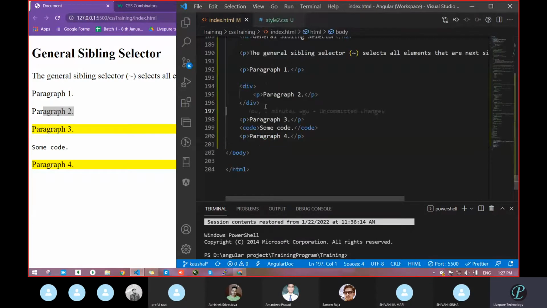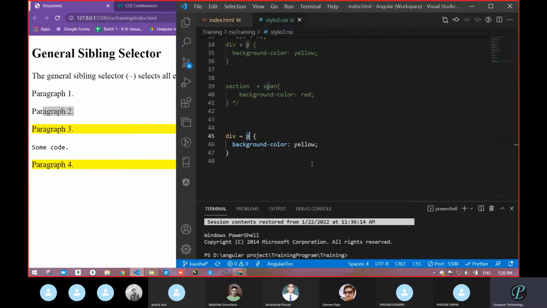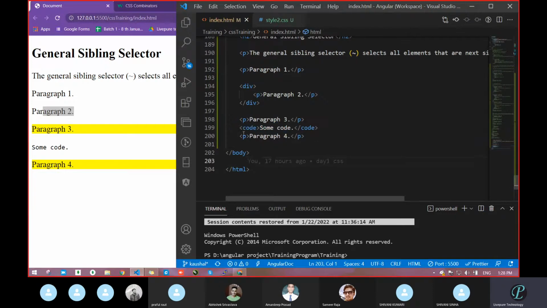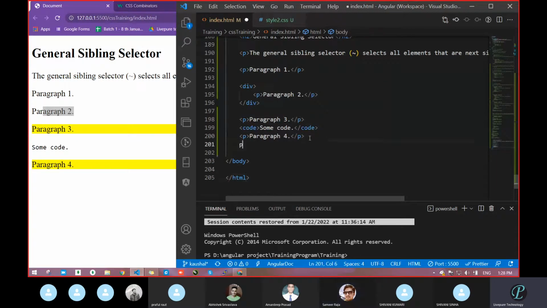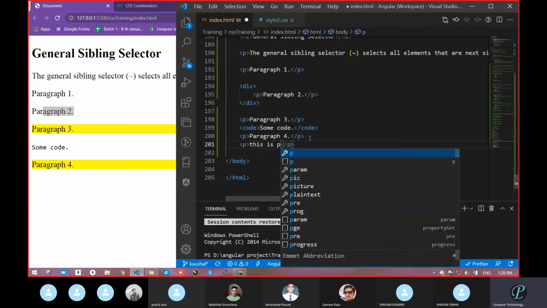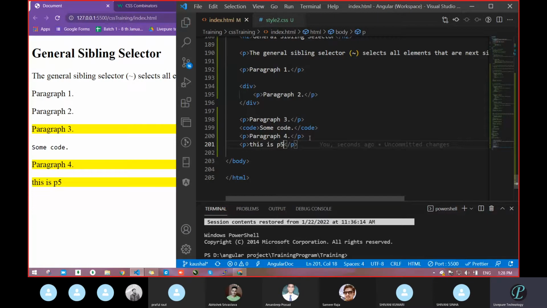So after this div, as in the previous adjacent case, where we removed the same type here, it removed this div and next it searched for the paragraph. It got all these paragraphs. It searched for that code also. But what type of sibling is this one? This is general sibling, with the help of the tilt symbol. So where will it be applicable? On general siblings, means whatever paragraph is after this, it will be applicable on all. Let's add another paragraph and check whether it works or not. This is P5. Now save. It got applied. Getting this?